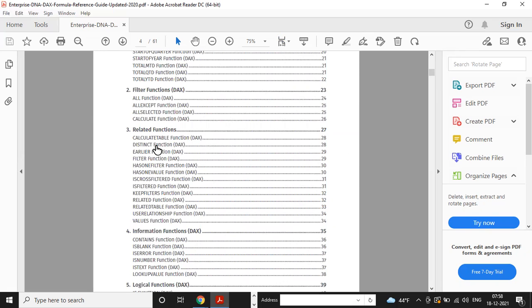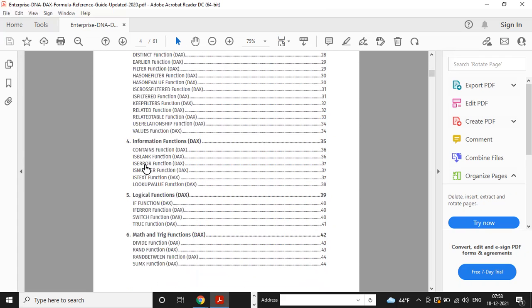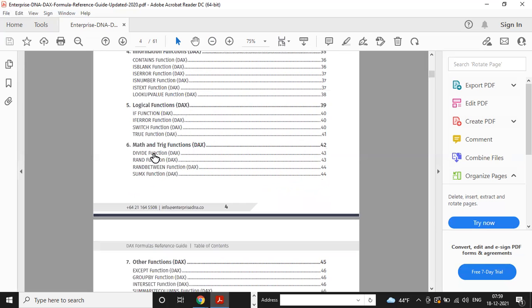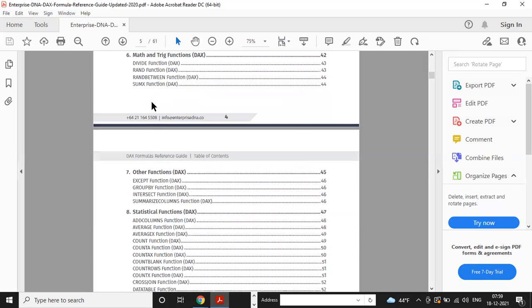Lookup table means going from one table to another table. And informative functions are for when you have any error in your data and the data is not in a clean form, then you can use this type of function. Logical functions are for when you give any condition, like age-wise, or you have to group the data, then you can use logical functions. And math and divide, a little bit like percentage, summation, like this.